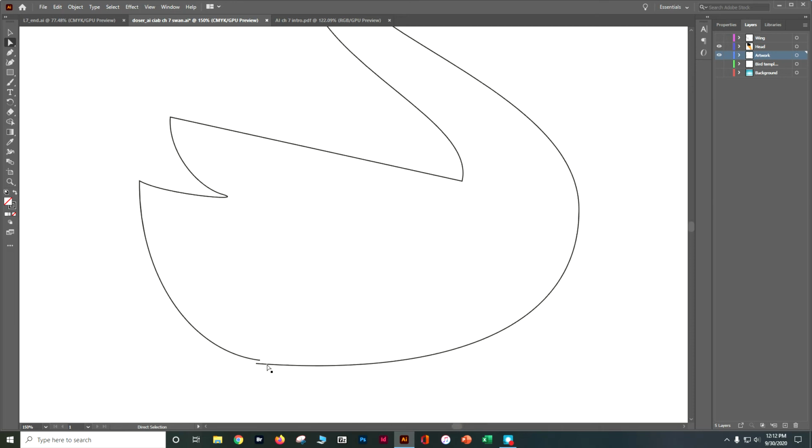So you can tell my path right here is not quite closed. I could grab the direct selection and bring it up just a little tiny bit so it closes that path a little bit better. And hit Escape and deselect, so it's a little bit more closed than it was before. So let's go ahead with our pen tool and come over. We've got these two kind of feathers here at the end. We don't want to have this feather here, so we're going to go ahead and click on this one,